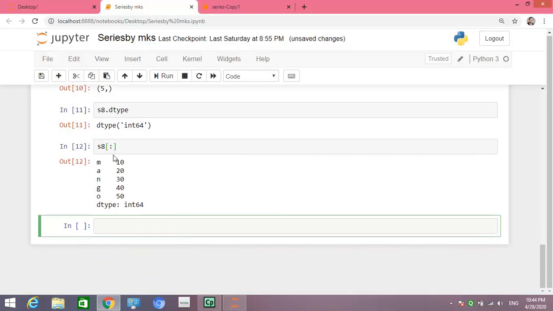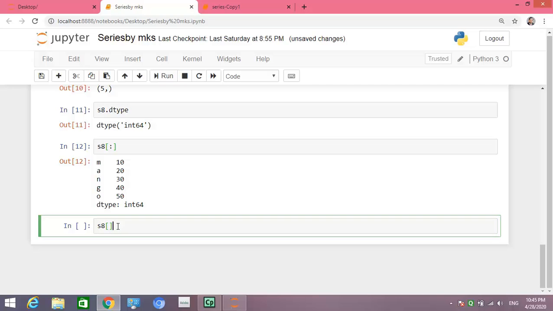I have given S8 colon, which means start from the beginning and go up to the end. So it is giving the full series.